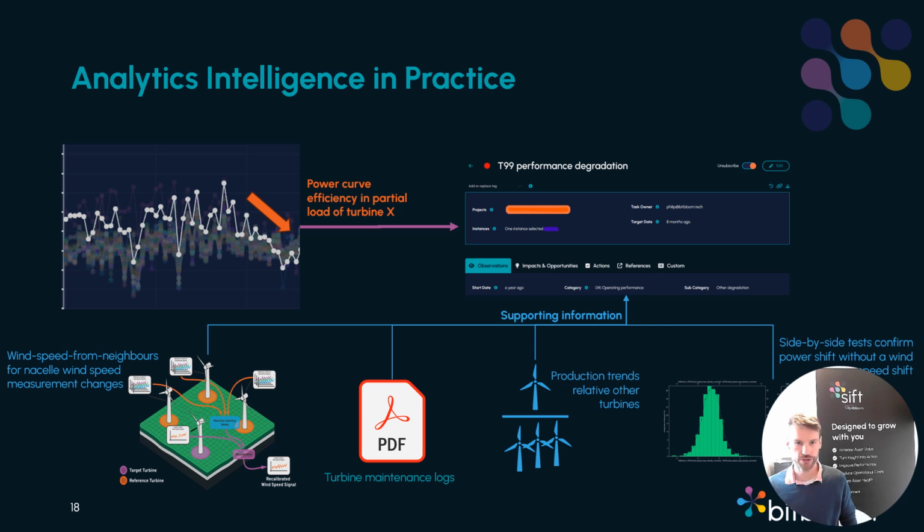So just to give you a case study of this and to show you how this happens in practice, I'm going to take what is quite a common type of issue that we monitor in the platform, which is some kind of suspected performance or power performance degradation. So one of our analyses that we typically have is called power curve efficiency in partial load, and we can see here for this particular turbine that